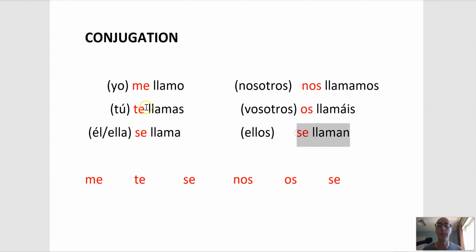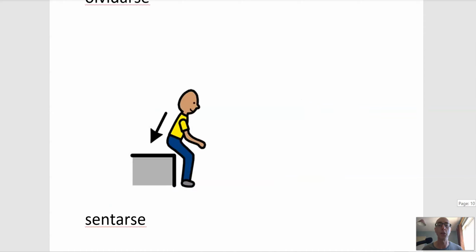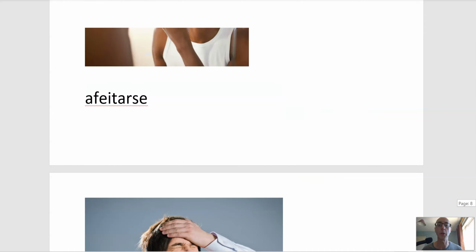First pronoun here in brackets. We know that these pronouns are optional in Spanish, because the verb tells us what person we're talking about. So we don't need all of the pronouns. We just have them in brackets to show the person clearly. So let's do some practice. So we've done llamar. Let's start with